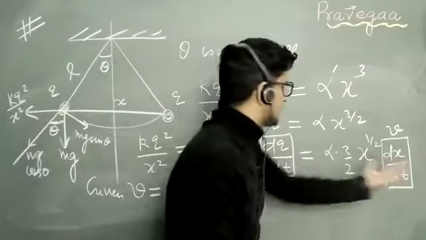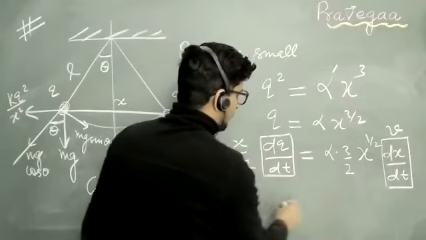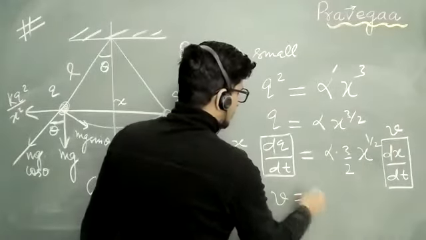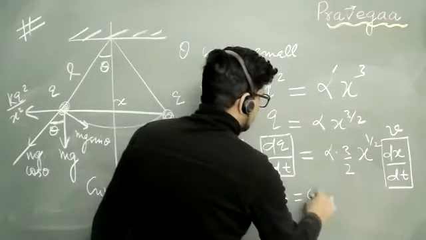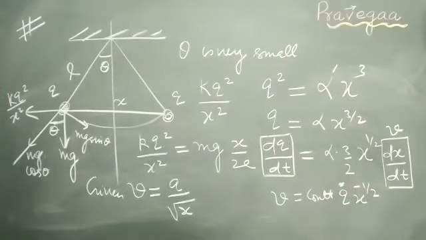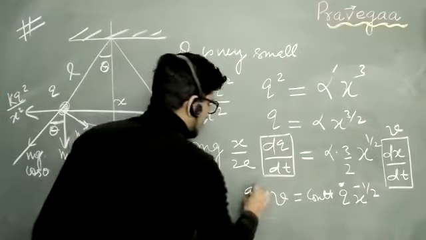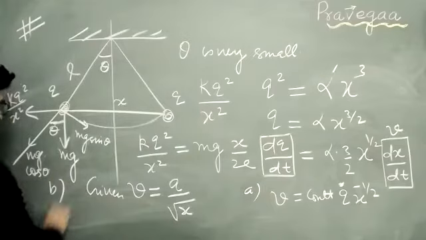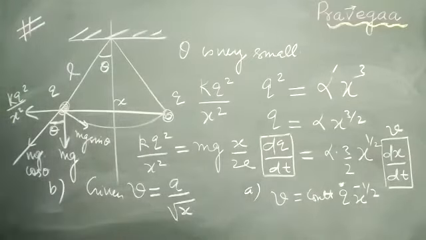This is my velocity profile. You can see, if the rate of this is given, then my velocity profile will go like V is equal to some constant times q dot into x to the power minus half. This is the profile of velocity. So this is part A question. And part B is, if this is given, then tell me the velocity profile. If the velocity is like this,